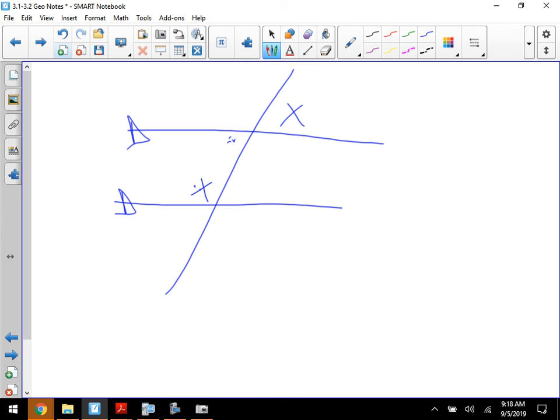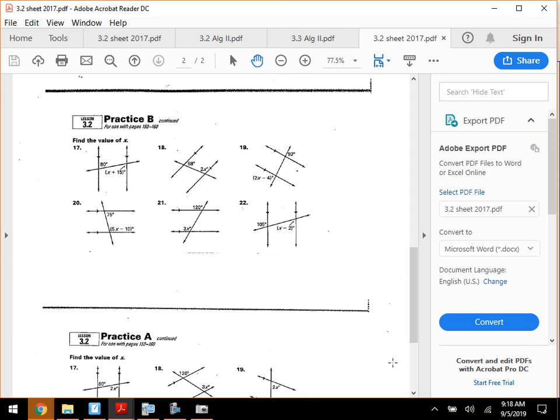So let's try another one here. Look at what's this? 18. 18, the very next one. When you rotate your paper,